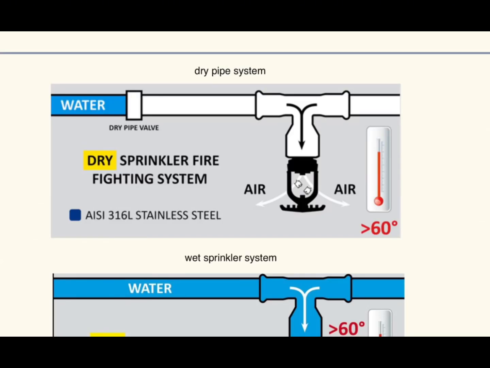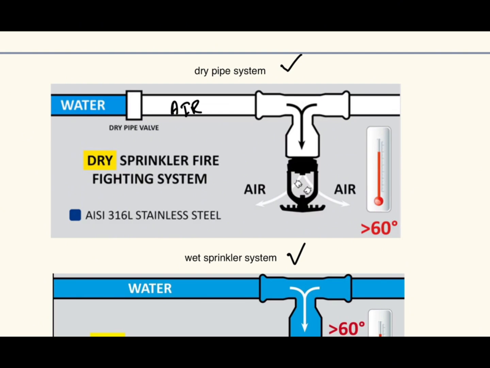In this session, we will discuss sprinkler systems. We have multiple sprinkler systems, but in this particular session, we will discuss two: the dry pipe system and the wet sprinkler system. So the dry pipe system is filled with air. The pipes are filled with air,